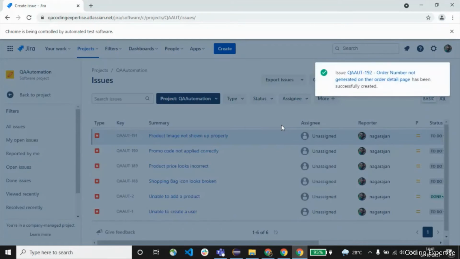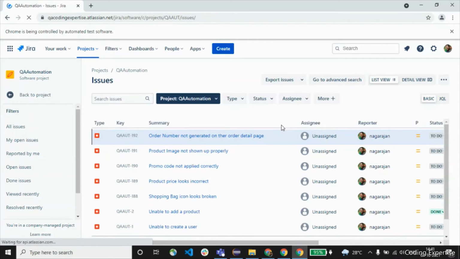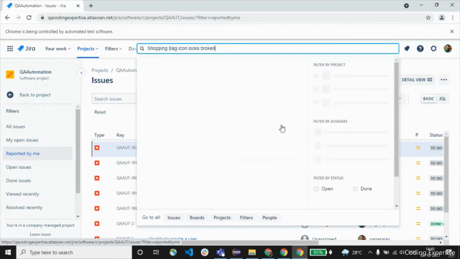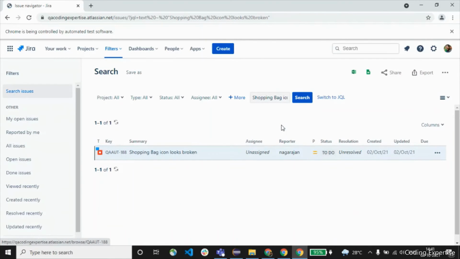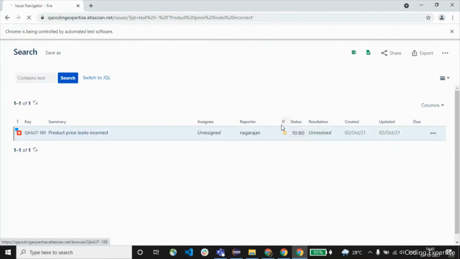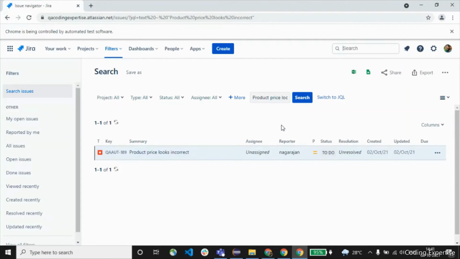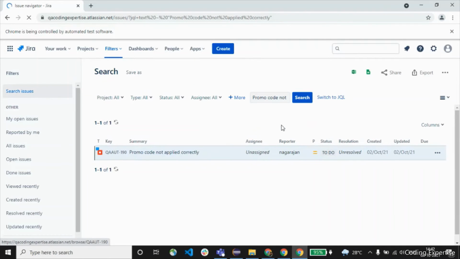So it is creating a fourth bug, and it is creating a final one. Once it is done, it validates that the bugs are created on a search issue page. All the 5 bugs which it created, it is verifying, and again it validates that those bugs are being shown correctly on the reported by me page.